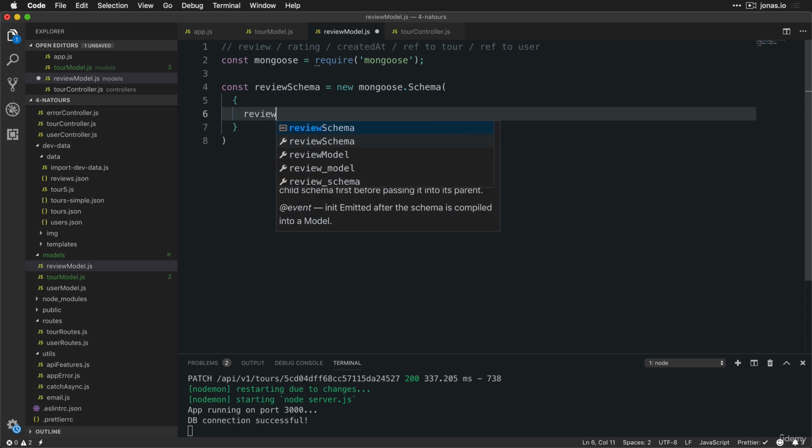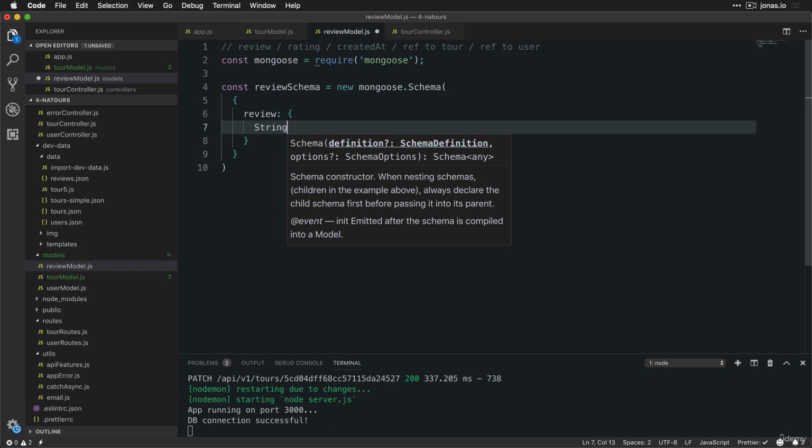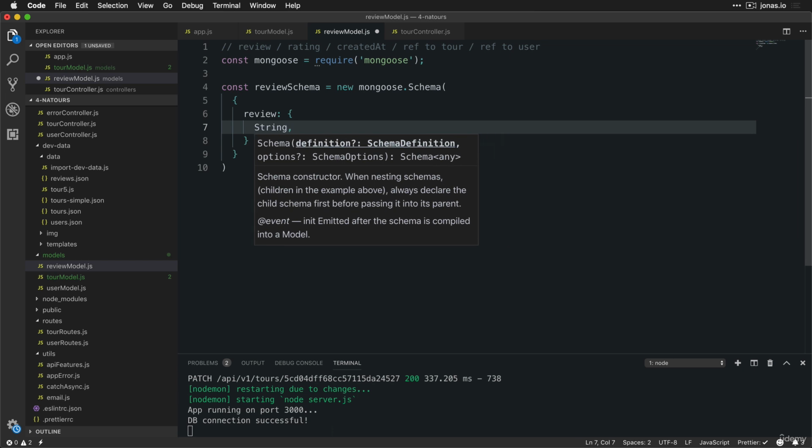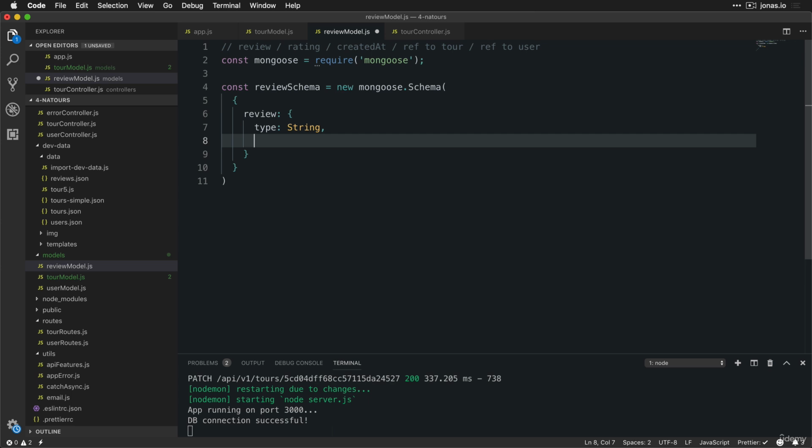And so let's start adding our fields. So first, the review is of course a string. All right, and of course I'm doing this too fast, so I also need to specify type. And then let's also set it to required. And so true,